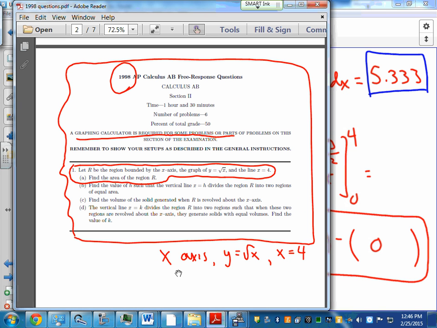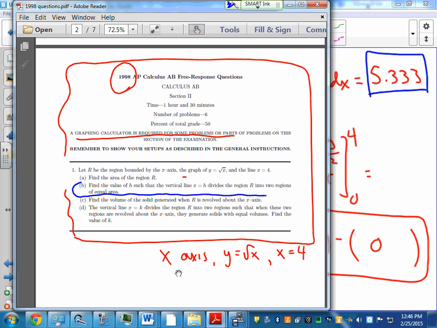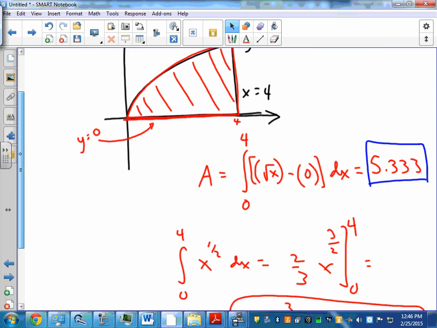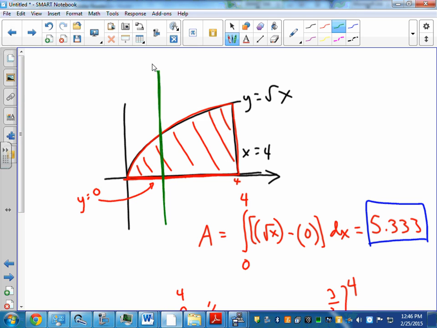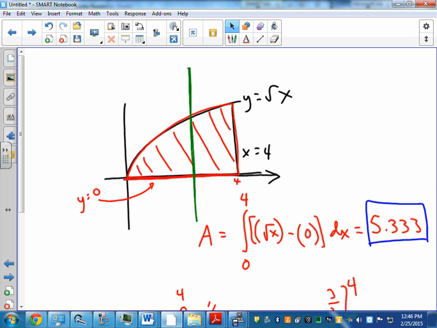We've done the area of the region. I want to look at part B, which is another area problem. So part B says, find the value h such that the vertical line x equals h divides region R into two regions of equal area. And again, there's no picture given. So let's see, here was our picture. Now you have to imagine a vertical line h. So here's the vertical line,